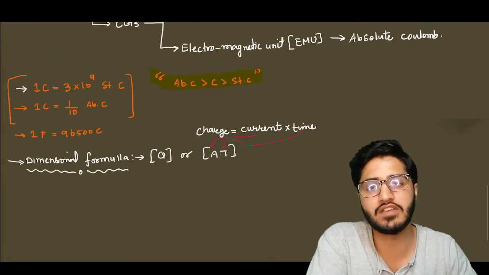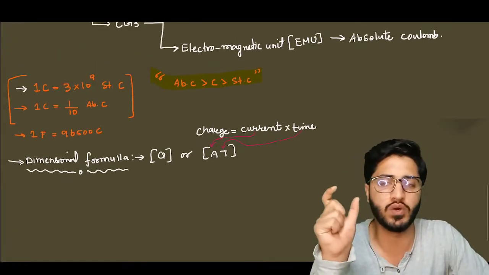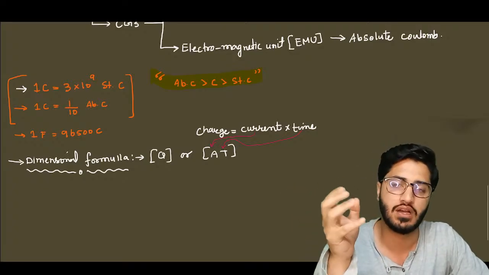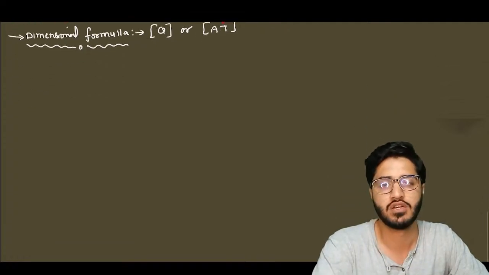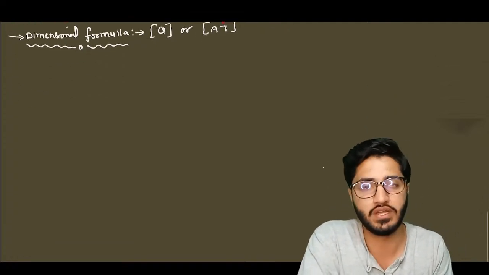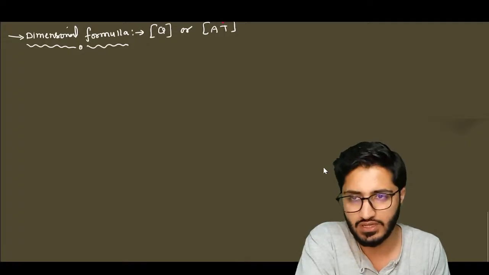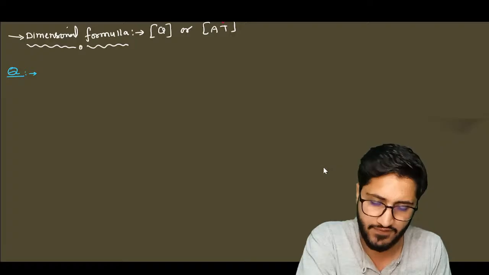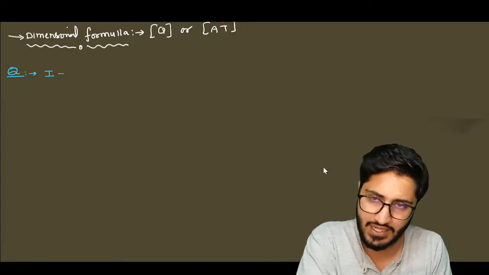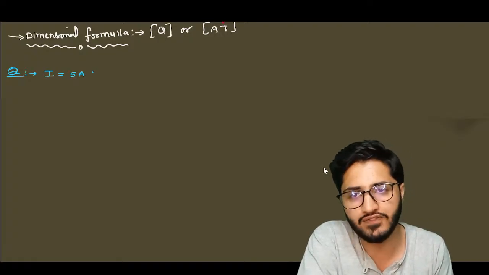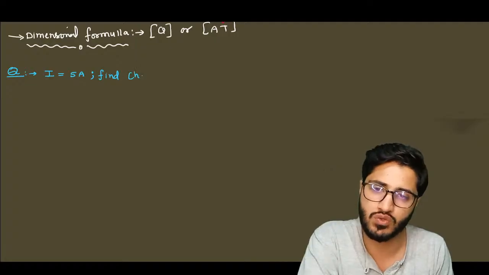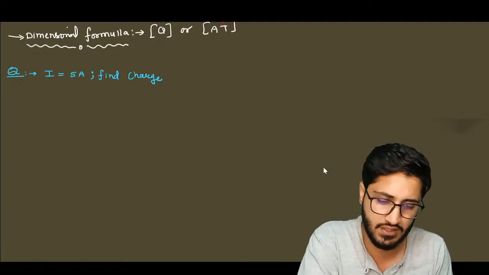Now let us do one numerical. Based on the equations we have written, Q equals IT and Q equals the integration of I dt. Where can we use these equations? Let us suppose question number one: if my current is equal to 5 ampere, find the charge Q